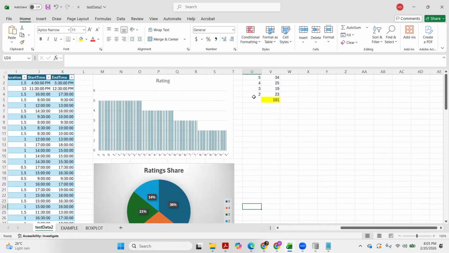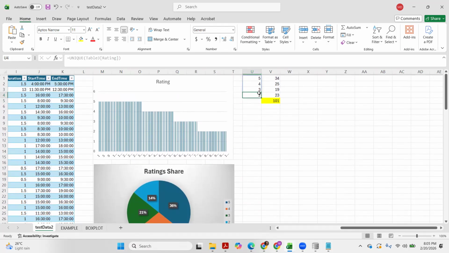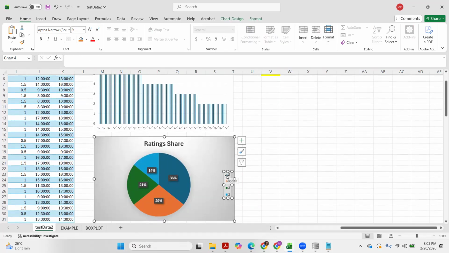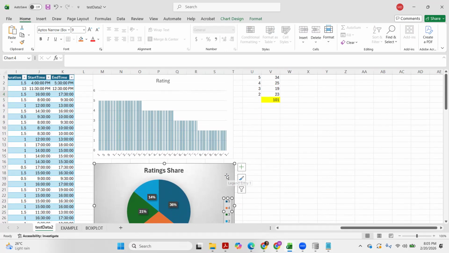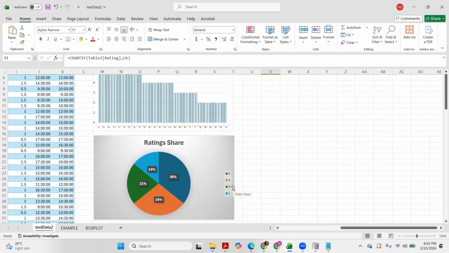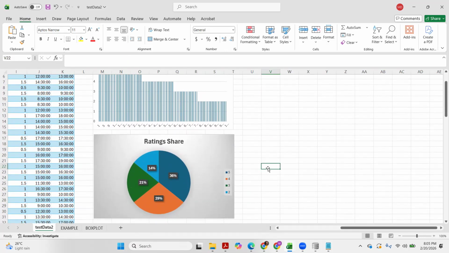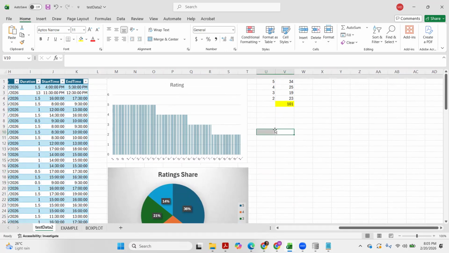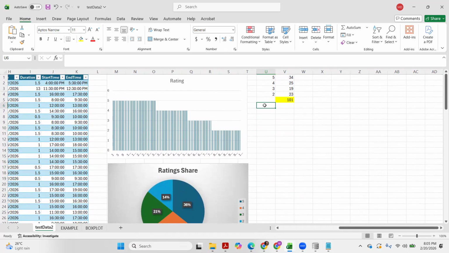I'm not sure if this is correct. Maybe this is reversed. It's up to you to double check. In the meantime, that's a way to represent categorical data.